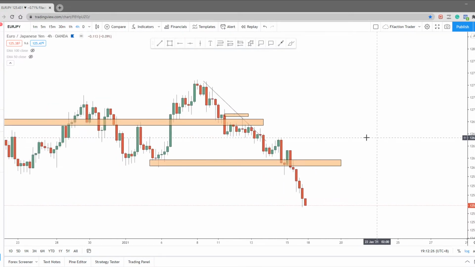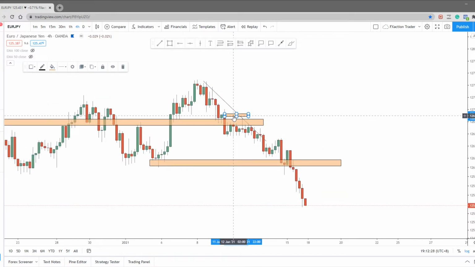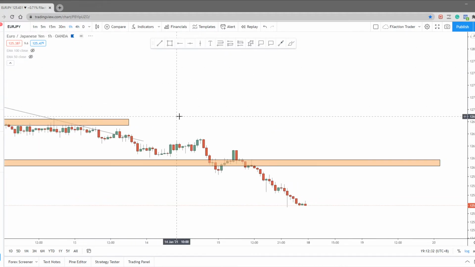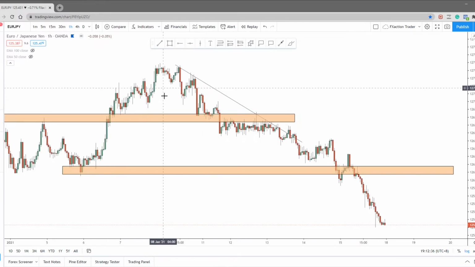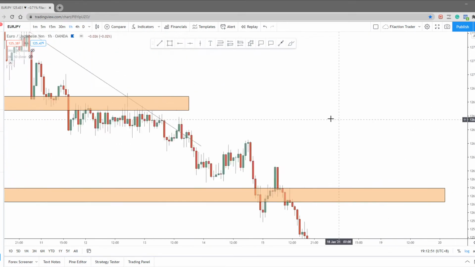So what did the market do? The market broke back into the sideways structure again, and if we go on H1, we can even see a better picture. Alright, this is some sort of head and shoulders pattern, and the market broke back into this sideways structure again, and we can see that the market starts consolidating, or going sideways again,